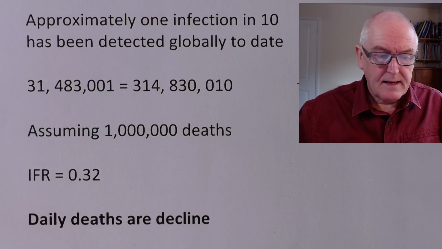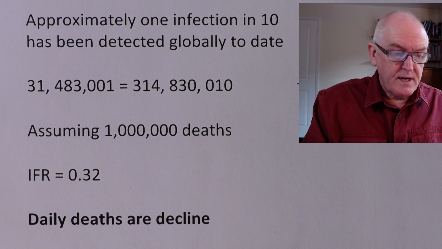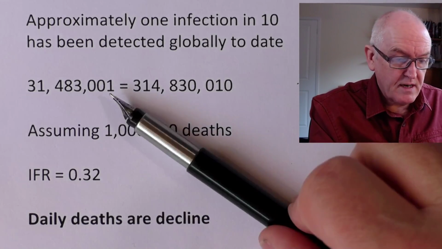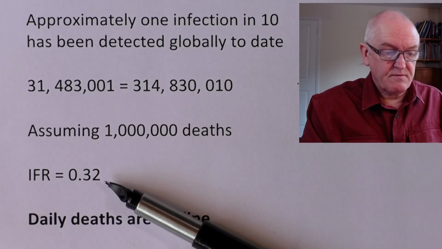Of course, it's going to be more in older people, less in younger people, but the world's made up of a mixed population, of course, so that could be roughly how it's going to balance out. 0.32. Of course, if we only took the cases we'd recognise, that would be 10 times that. That would give us an infection fatality rate of 3.2%, and thankfully it's nowhere near that high.